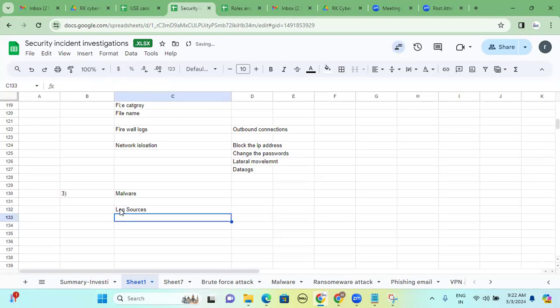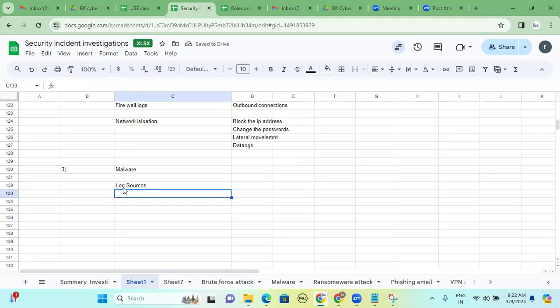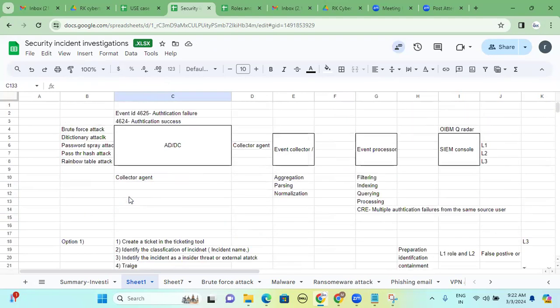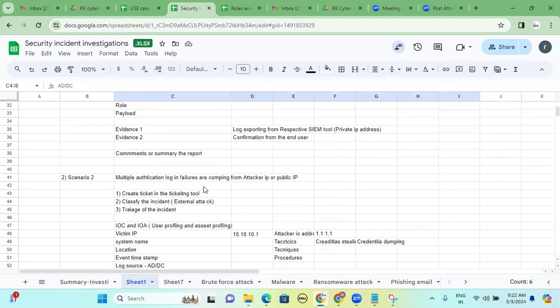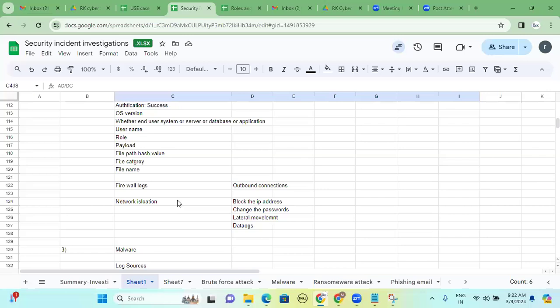It's one of the very favorite topics, by the way. Malware investigation is always one of the favorite topics. What are the log sources? Any guess? What are the log sources for the malware category? As I said,